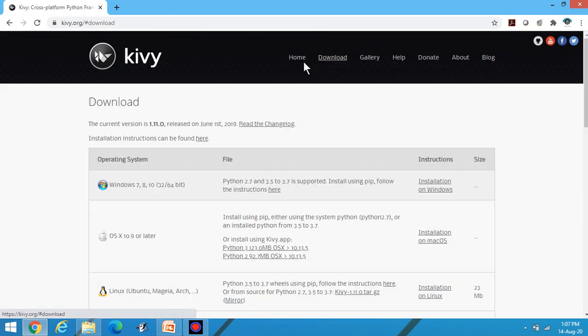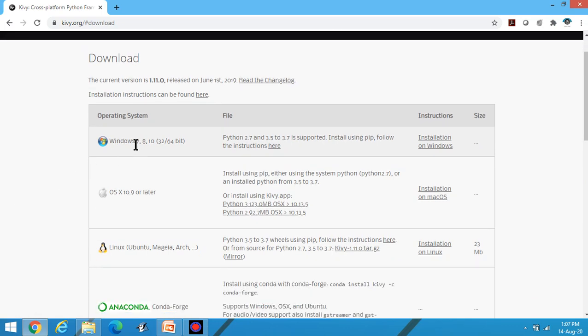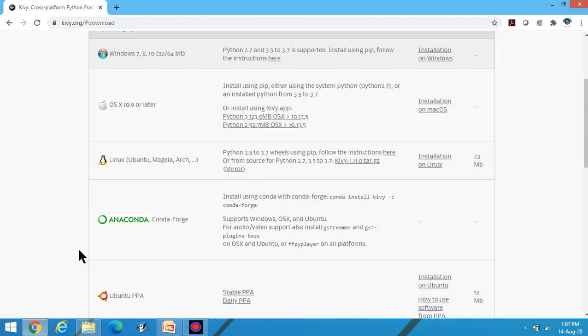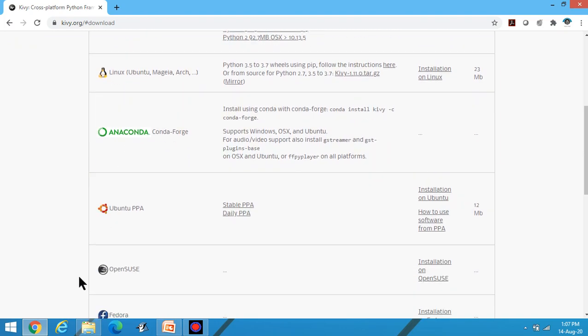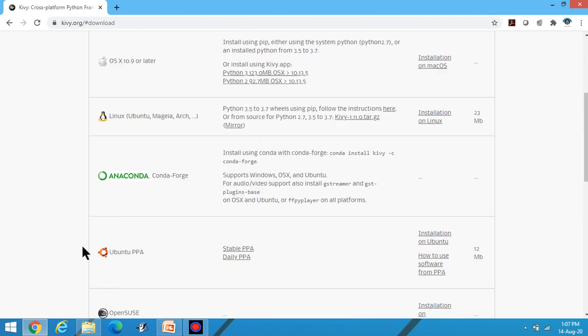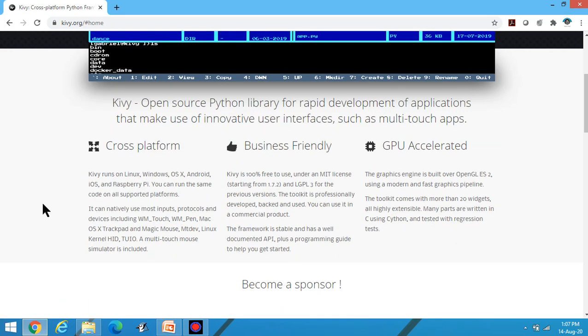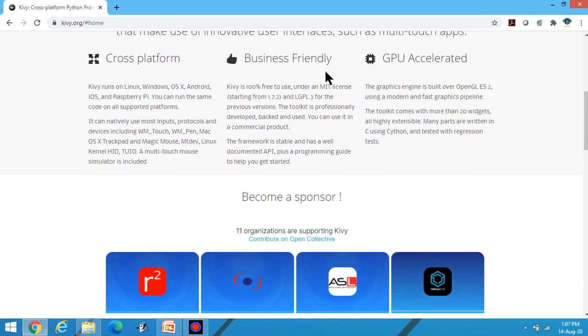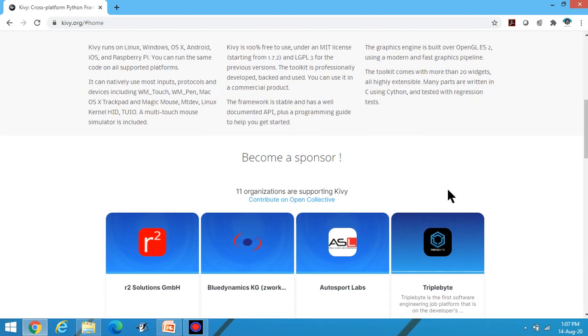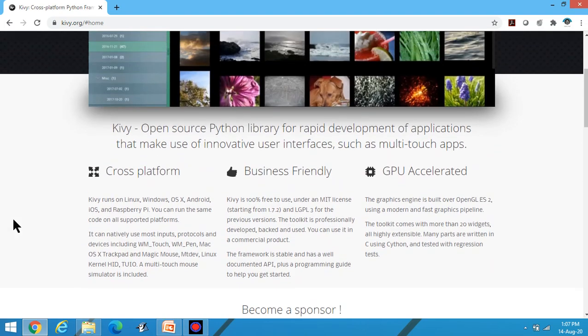You can download here for Windows, and for different platforms such as Anaconda, Ubuntu. These are different operating systems. In Kivy, business friendly, GPU accelerated, all the contents are there.